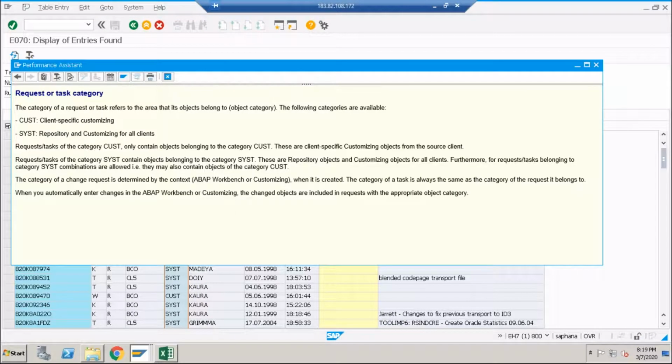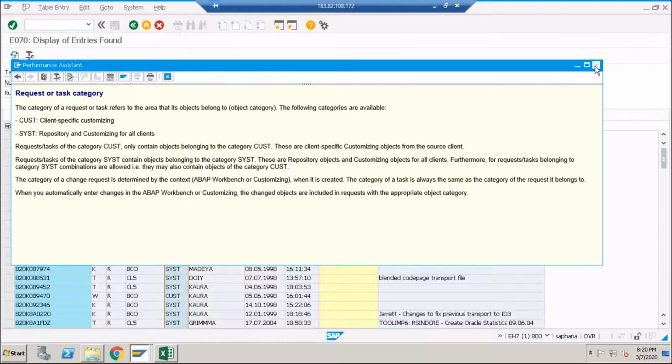You say system is nothing but workbench request, and customizing is client specific. Workbench is not directly available. It shows system only, see system category, because it's cross-client data.